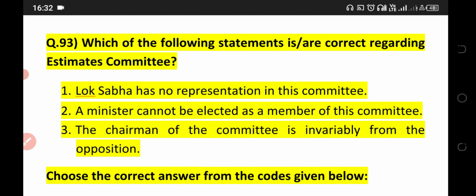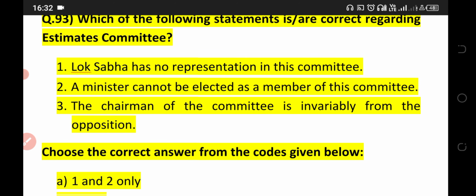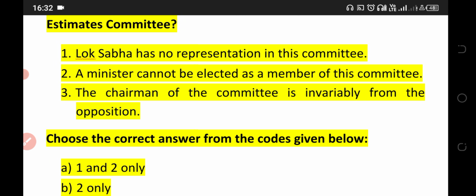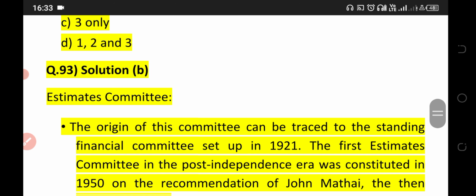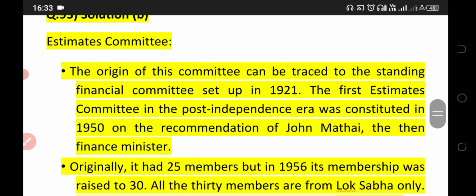Which of the following is correct about estimate committee? Lok Sabha has no representation in committee. A minister cannot be elected as a member of this committee. The chairman of the committee is invariably from the opposition. इसका पहला स्टेटमेंट गलत है बस, और केवल 2 सही है, क्योंकि ऐसा कोई जरूरी थोड़ा है। ऑपोजिशन, इसमें ऑपोजिशन की भूमिका ही नहीं है ज़्यादा।